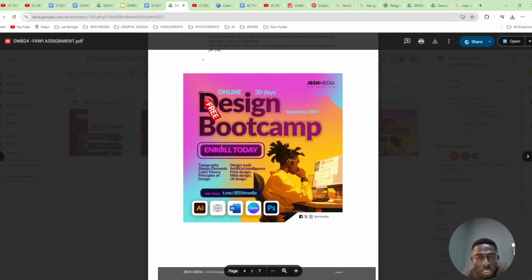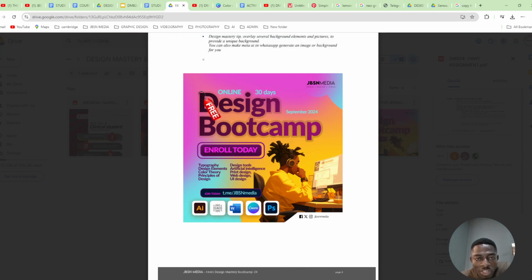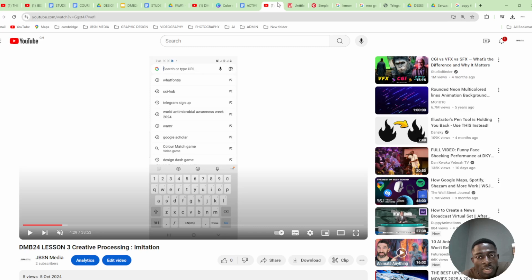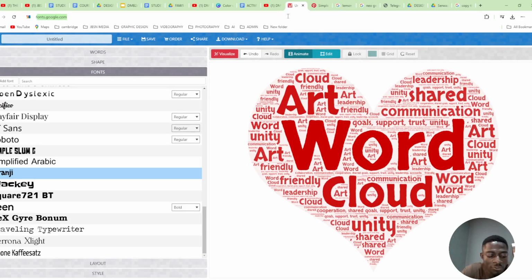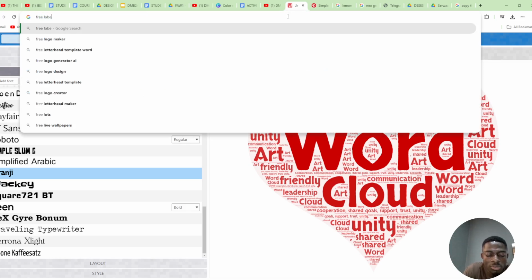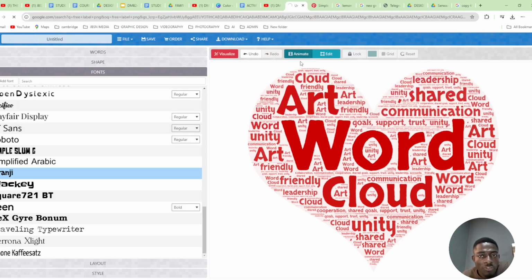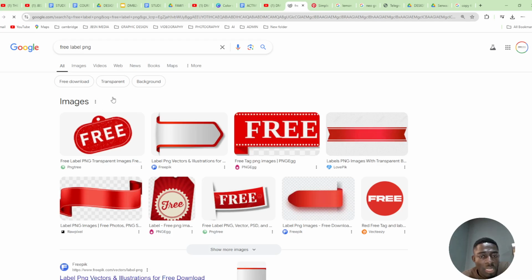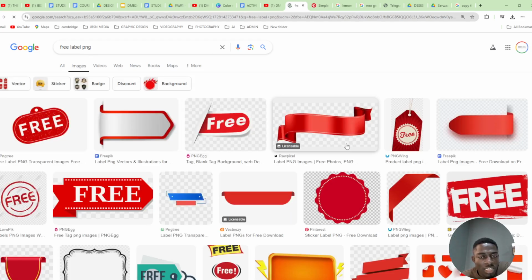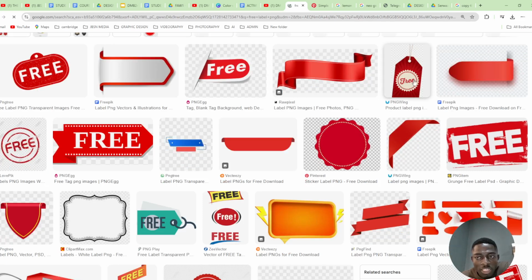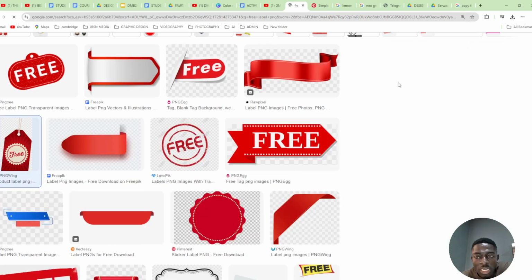Then what do you do next? You start looking for, let's say, the elements. What are the elements? Free. So I can go look for free. What is this? Is there a sign? So I can go look for free sign, free sticker, free label, and I can just search for free label and I'll add P-Engine to it. So I can search for free label P-Engine. When I search for free label P-Engine, I'll get something like this, and I'll pick any of these things. So I can get this one. This is even nicer than what the JVSN flyer used. And I can pick this one, and you see that it has,